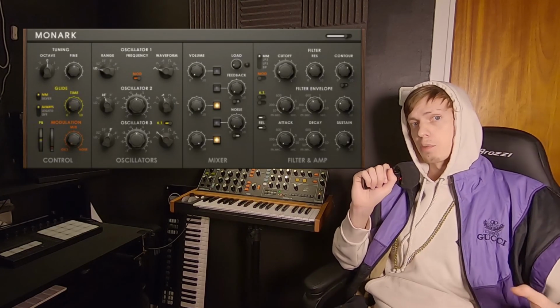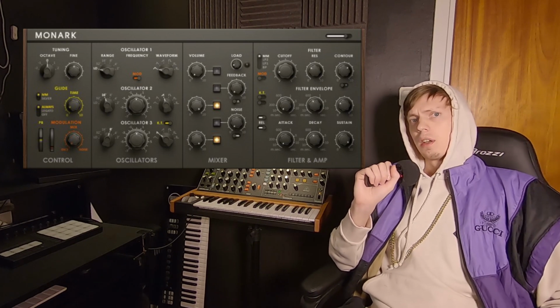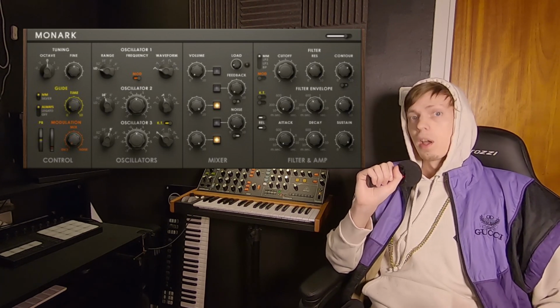For example, my favorite, the Monarch by Native Instruments, my absolute favorite plug-in version of the Minimoog. I also love the Arturia, what's it called, that other Moog that they made. That one is great too. Really, when it comes to recreating the sound, you can do it just fine with a computer or a DAW device. But there's just something a little bit different about